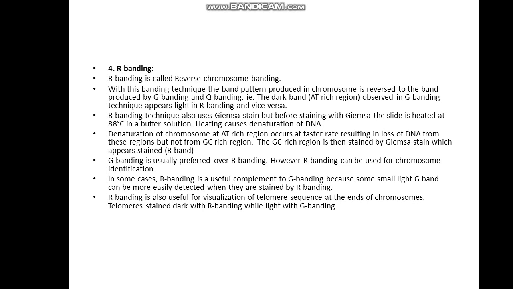Heating causes denaturation of DNA. So denaturation of the chromosome at AT-rich regions occurs at a faster rate, resulting in loss of DNA from these regions, but not from GC-rich regions. So the GC-rich region is then stained by Giemsa stain, which appears stained. So that is known as R band. G banding is usually preferred over R